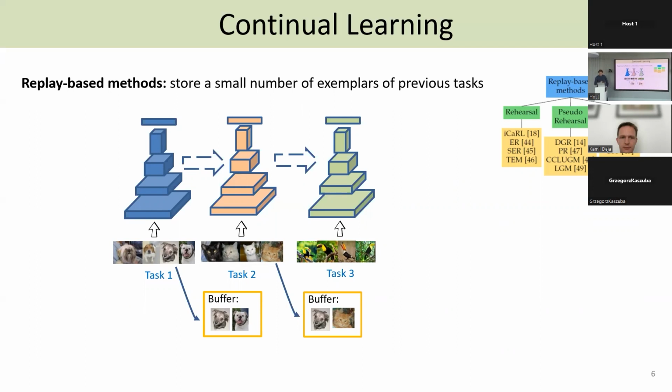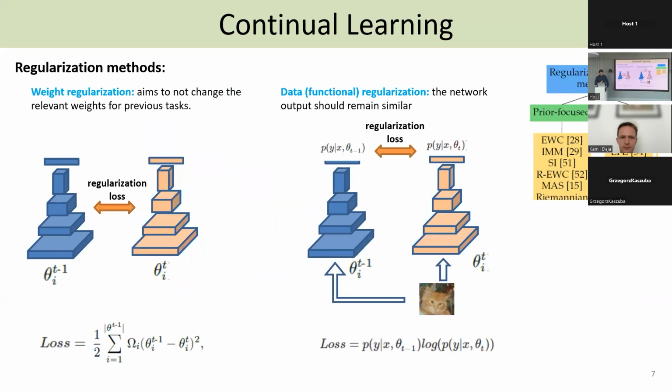So there is a whole set of methods around this idea. Regularization methods is the second important set of methods. Regularization loss is one important loss where you have the weights of your previously learned model and the current model, and you put some loss on it. You just want the difference between these two models not to become too big, and normally this loss is weighted. So you have a weight for each parameter in your network, which says how important this parameter was for previous tasks. If this parameter wasn't used for any task, then that's a good parameter to update in your network.